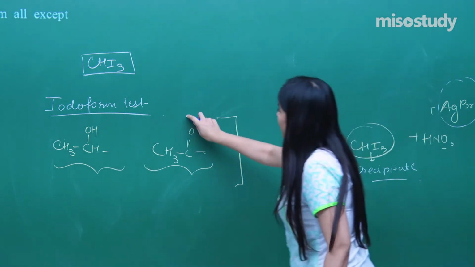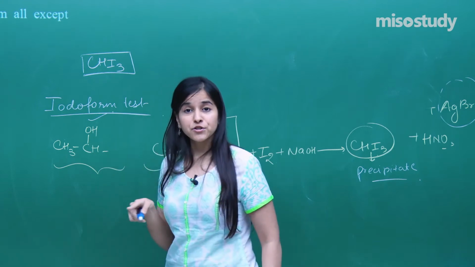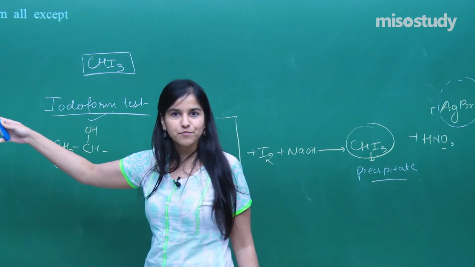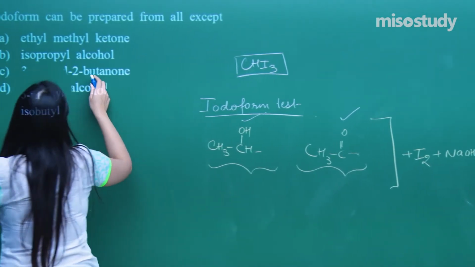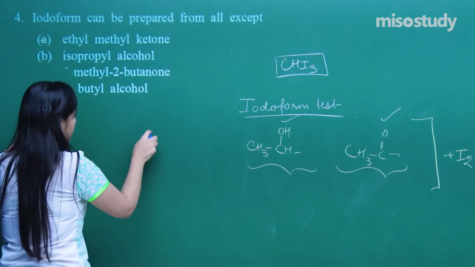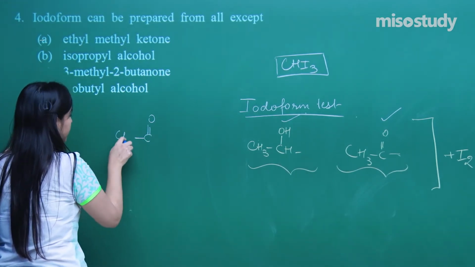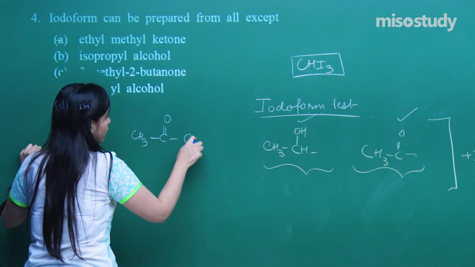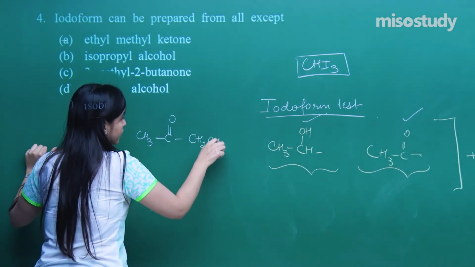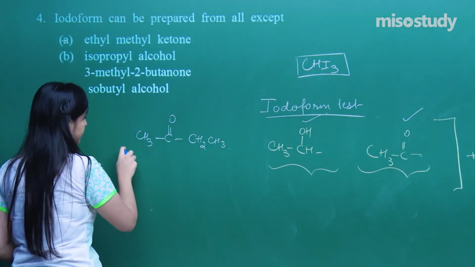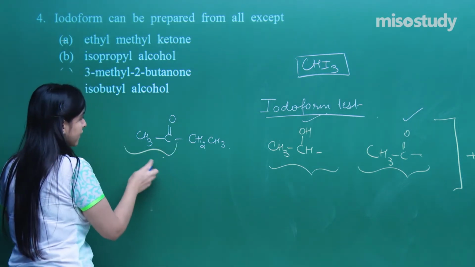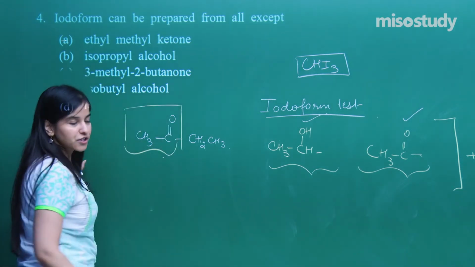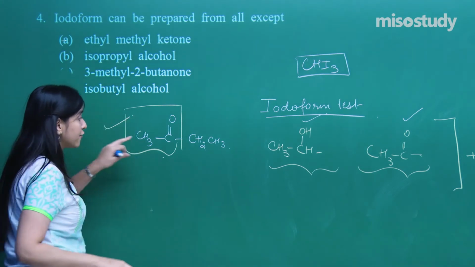And only these types of compounds will give this particular test. So let us check which compounds are given. I have ethyl methyl ketone, that means a ketone having ethyl and methyl on one side. So that is what we are getting. If you look very carefully, I have got this particular group over here, that means it will